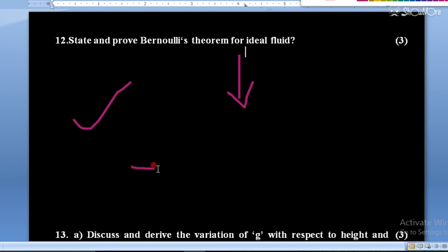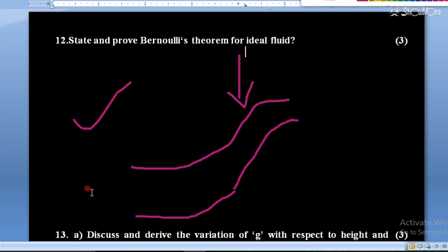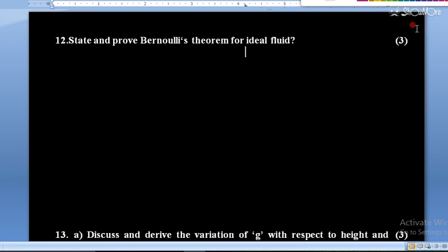Okay, in this type of derivation there is a diagram like this one. This is the pipe in which liquid is flowing from lower position to the upper position. So in this way you have to complete the derivation. Kinetic energy is there, work done by kinetic energy, work done by pressure forces. So this type of derivation you have to do, and it carries 3 marks. No choice is there. This is a question of 3 marks in which no choice was provided.